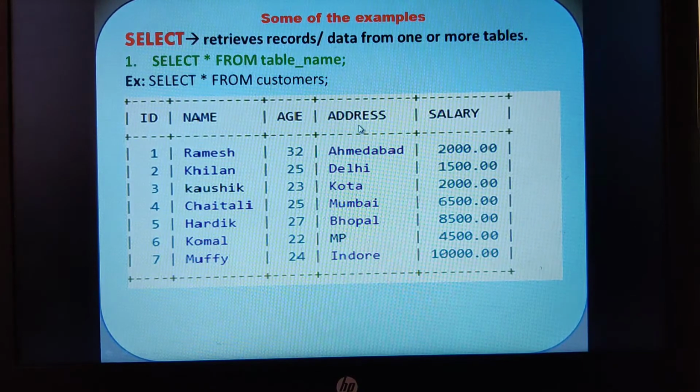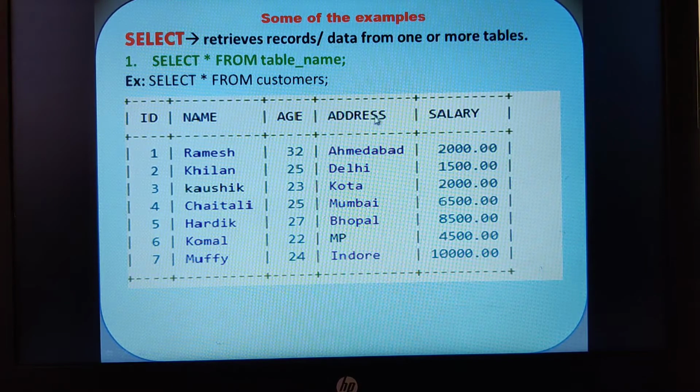Then address I can give as varchar2 of 25. Or, because these are only characters, you can also give varchar2 of 10, which is also fine. Then we have salary, which I have given as a decimal. So salary you can take as decimal 8,2. Like that I have created my table.